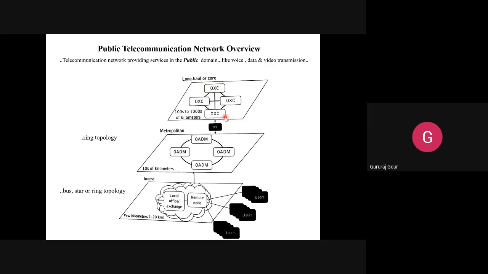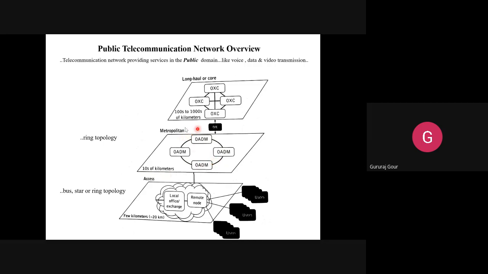To support optical or electronic conversions, that feature is supported with the help of the metropolitan layer below, which normally comprises optical add-drop multiplexers interconnected with the ring topology. It provides coverage up to tens of kilometers.